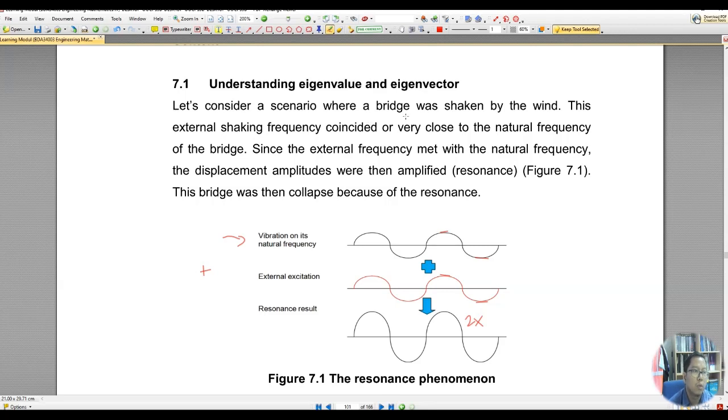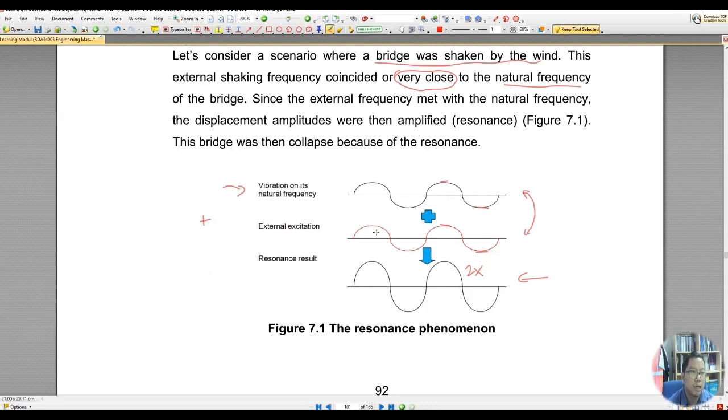Okay, so let's consider a scenario where a bridge was shaken by wind, whereby this external shaking frequency is very close to the natural frequency. Since the external frequency met the natural frequency, the displacement amplitude was then amplified. We call it resonance. The bridge then collapsed because of the resonance, because it will be double. But if the external excitation is far away from the natural frequency,